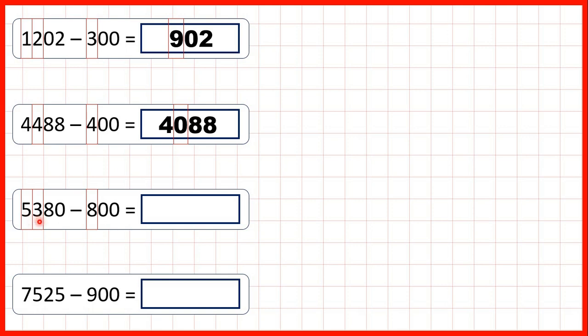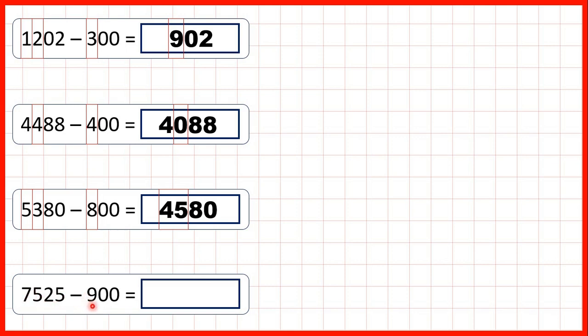Now 53 minus 8 is 45. So the thousands digit of our answer is a 4 and the hundreds digit a 5, and the tens and ones digits have stayed the same. Finally, we have